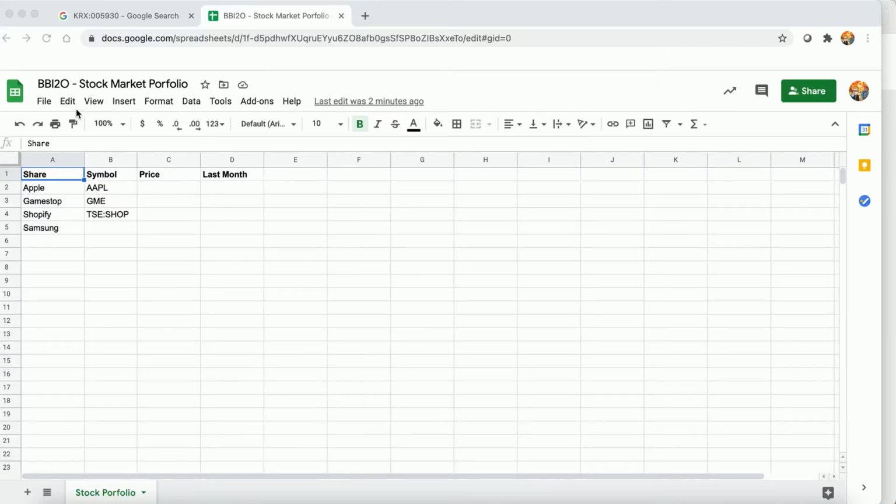How to use some functions and formatting to help you keep track of your stocks. I'm going to show you these functions that traders use to monitor their portfolio at a glance with Google Finance. It's good because you don't have to log into anything, and you can create some visual aids